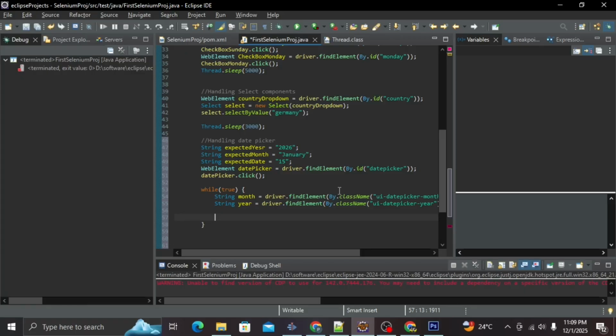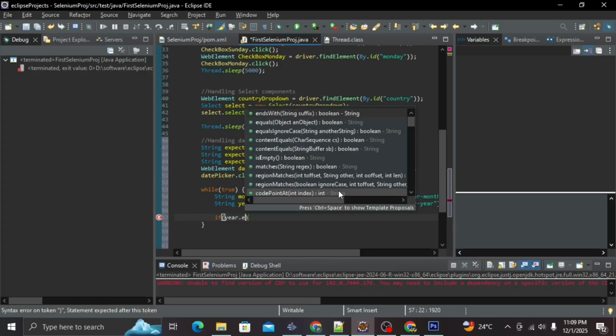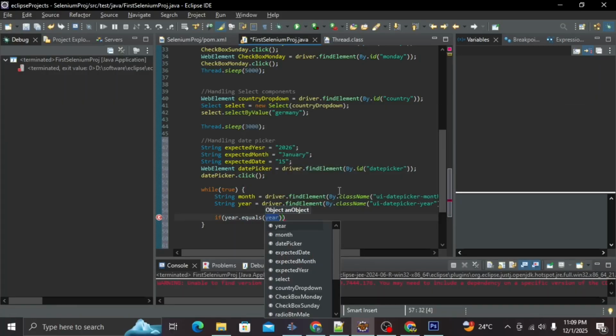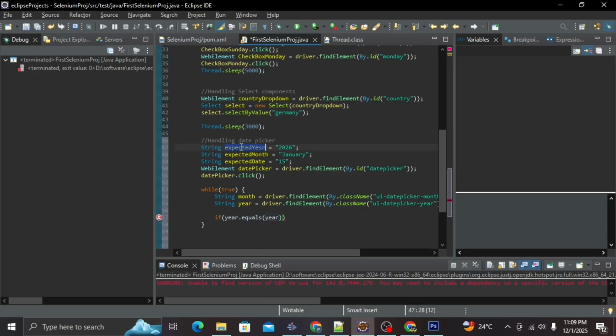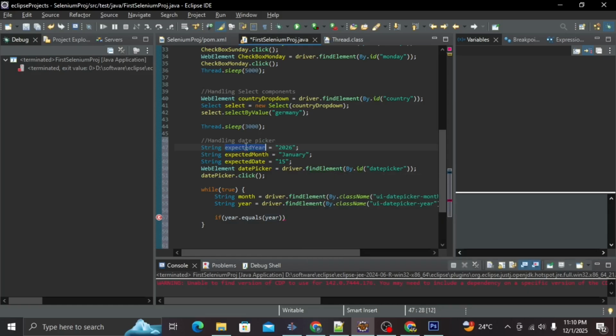So the condition of this one is: if the value of year equals the expected year, which I have already defined, so 2026, if that particular year is equal to this expected year, and